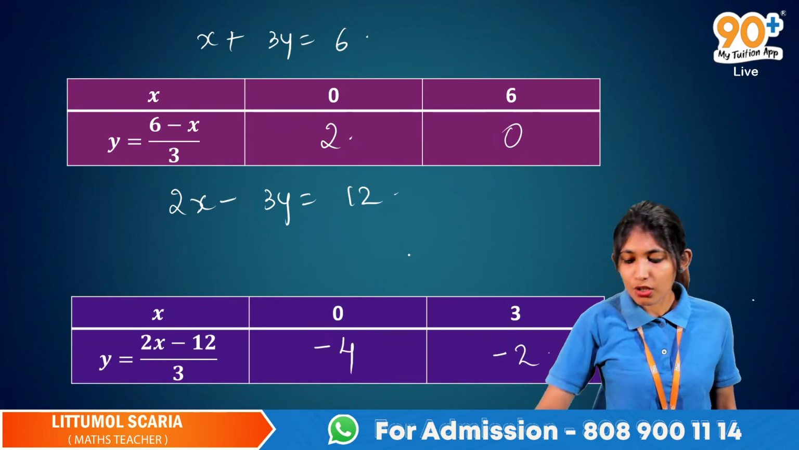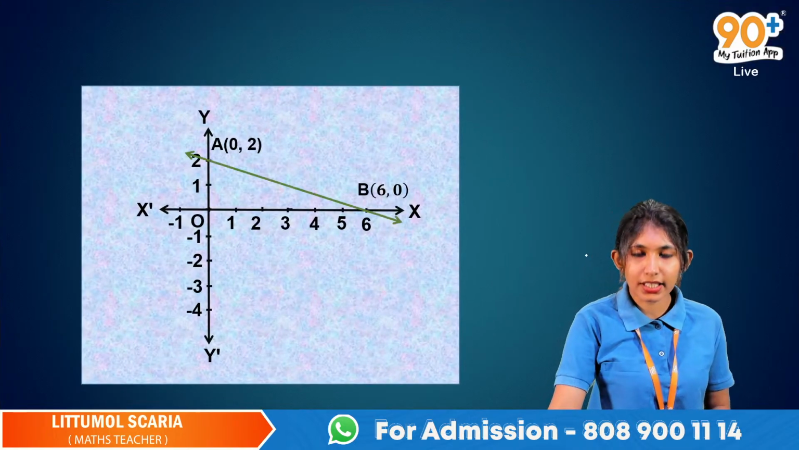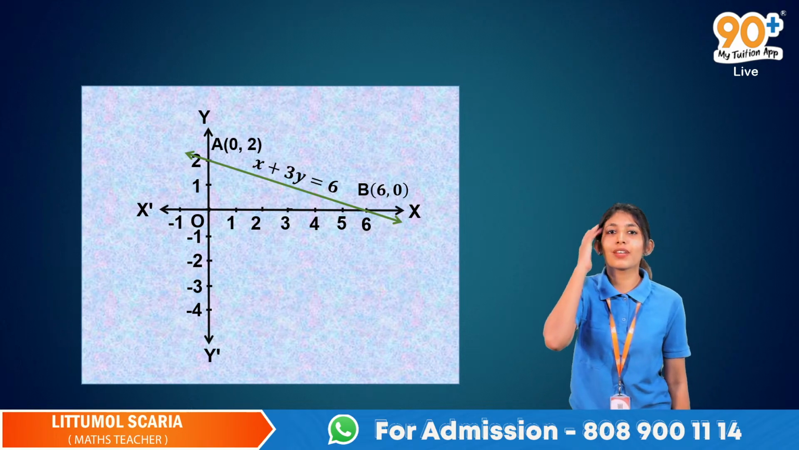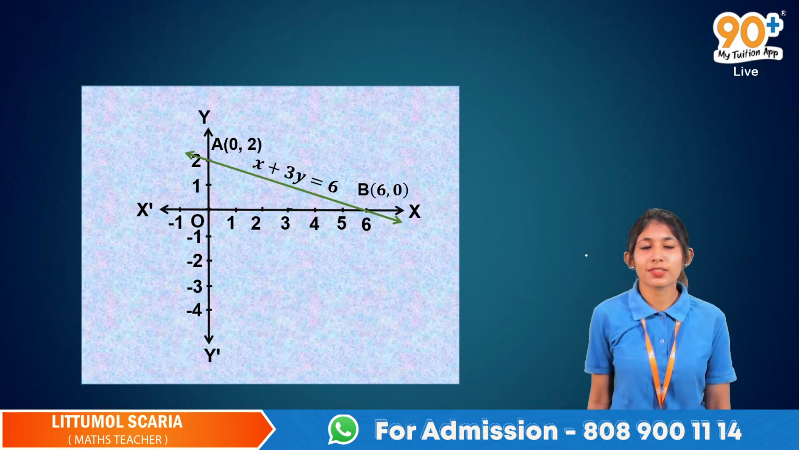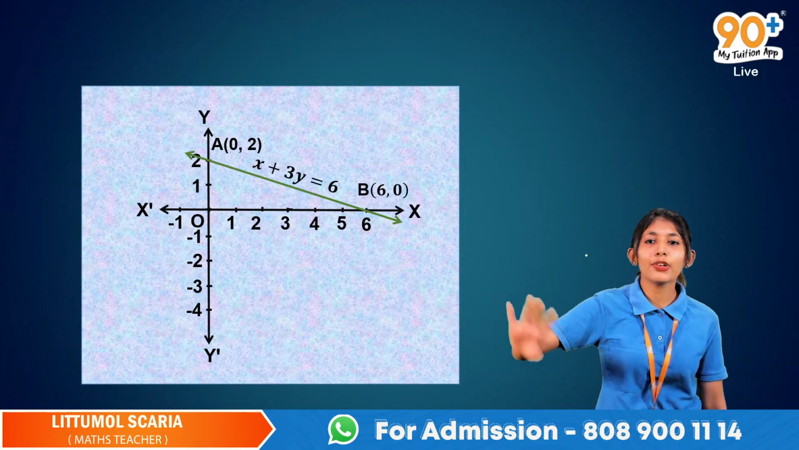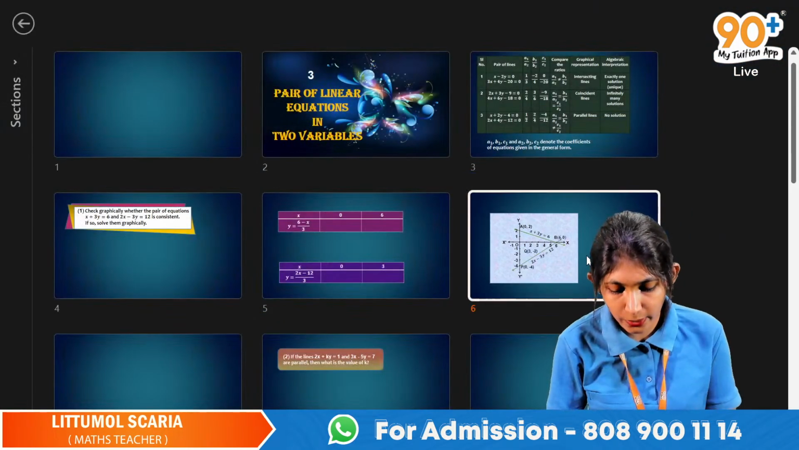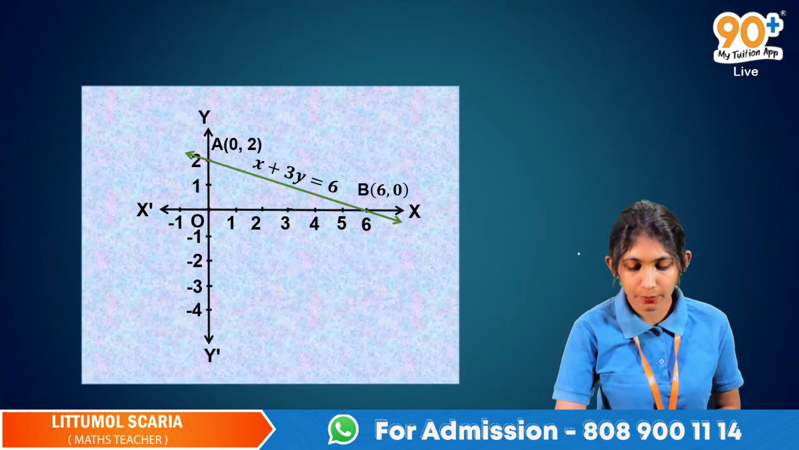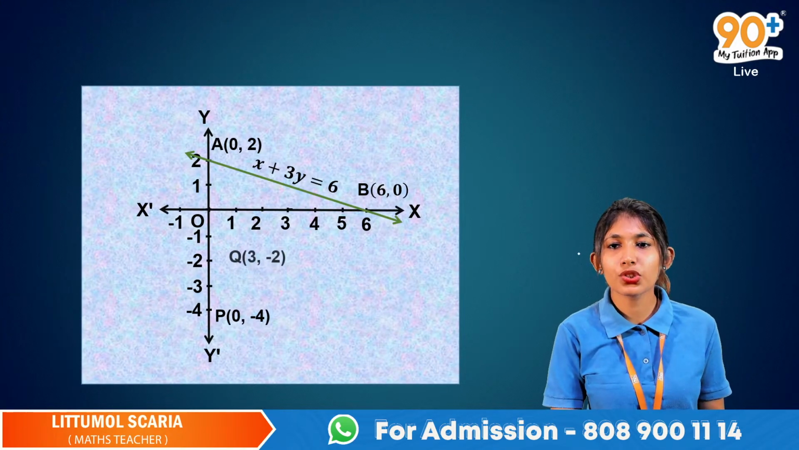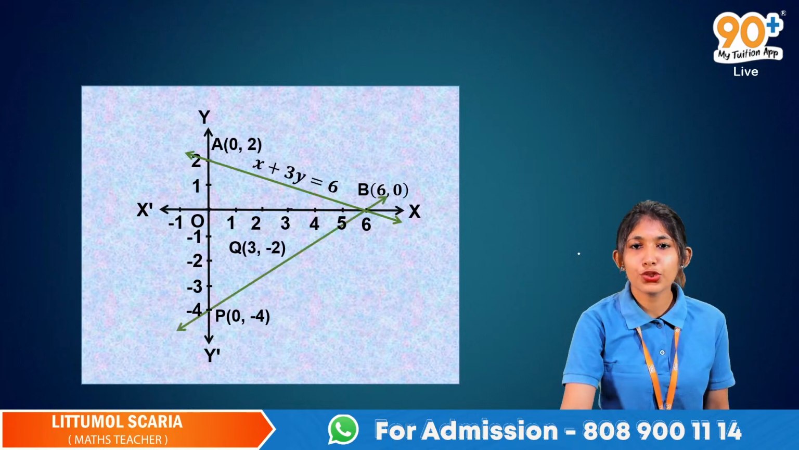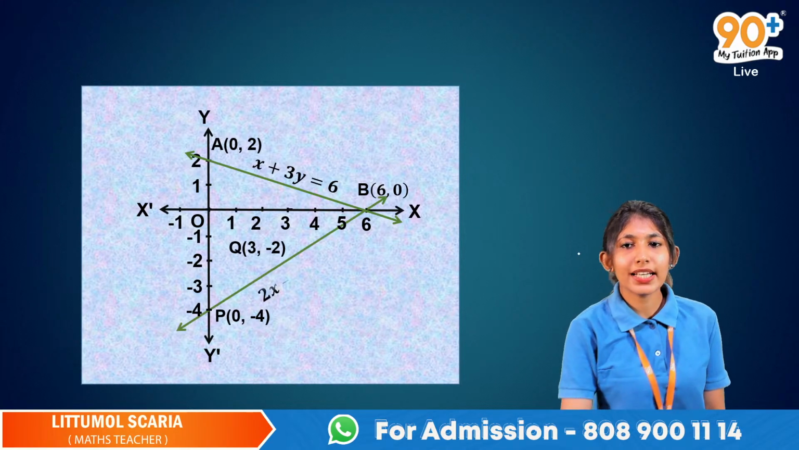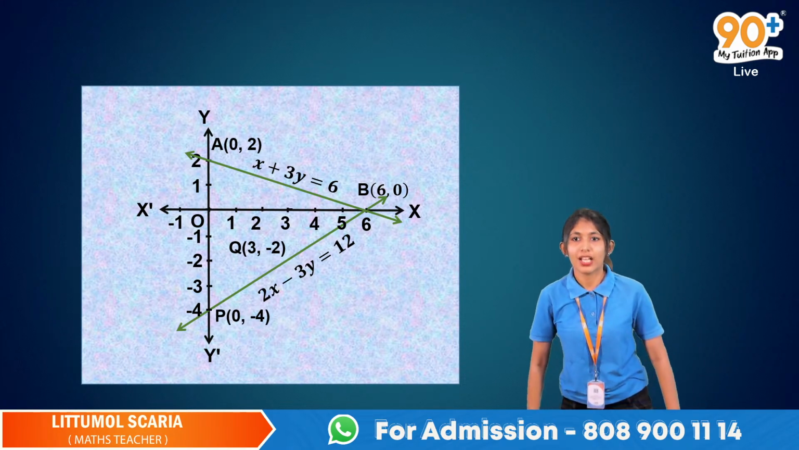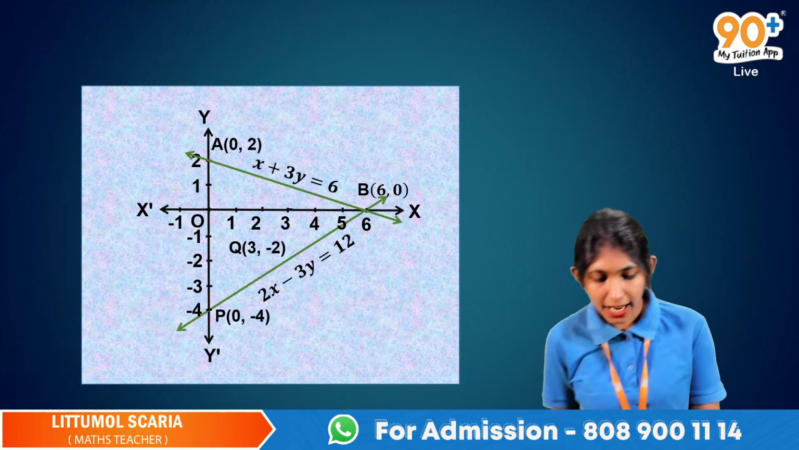For the first equation we got two points. We joined them and this is the straight line for x plus 3y is equal to 6. If you get two points, you can draw the graph. Now the second equation: the points are (0, minus 4) and (3, minus 2). When you join them, we get the line 2x minus 3y is equal to 12. The two graphs intersected at the point